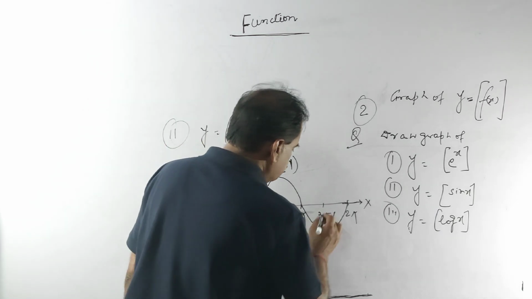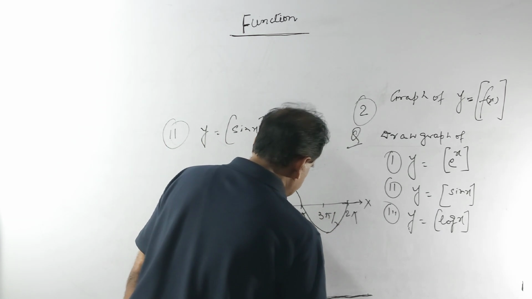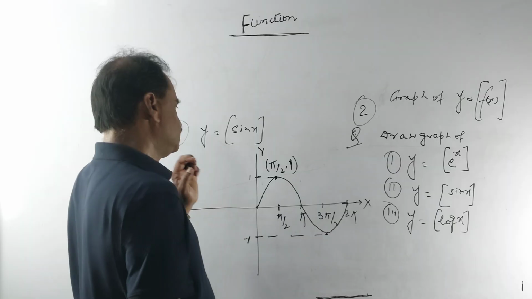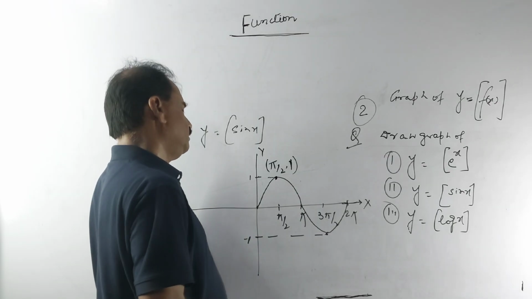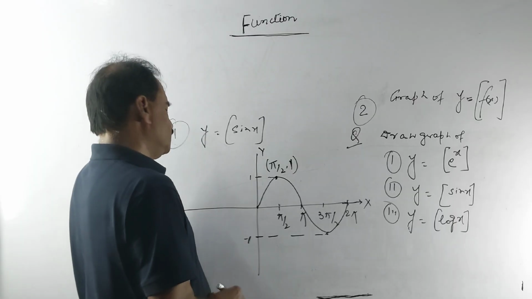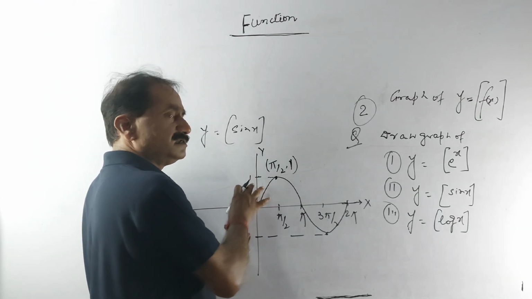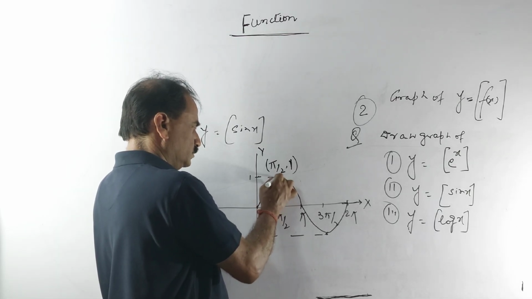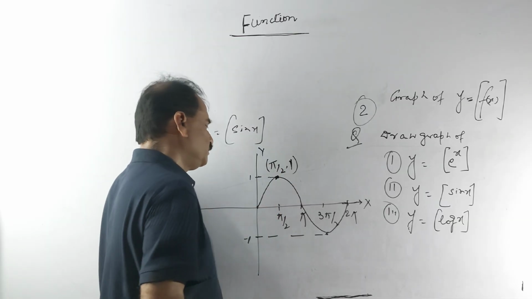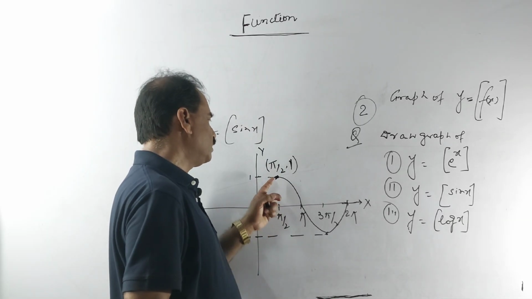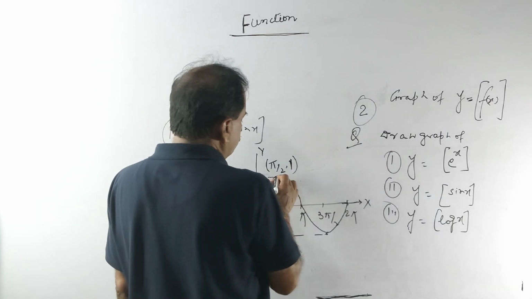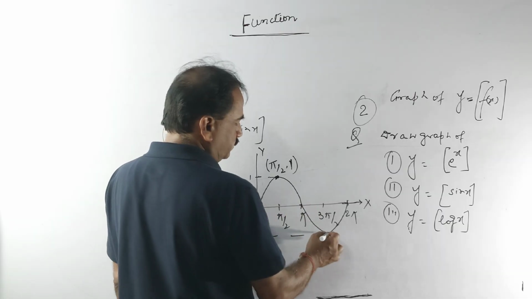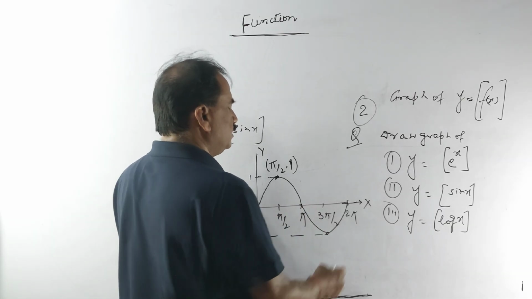The value of sin x at x equal to minus pi by 3. That means we have already known the integral value of sin x, so there is no requirement to indicate the integral value on the y-axis. We have already taken the integral point on sin x. The integral value of sin x is 1 here, here it is 0, here it is 0, here the integral value of sin x is minus 1, and here it is